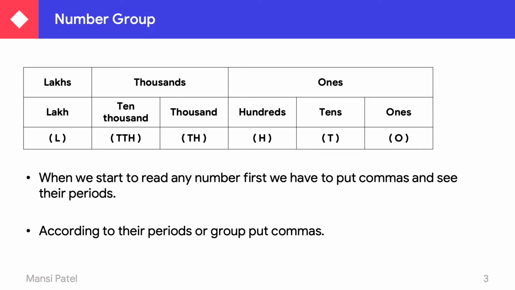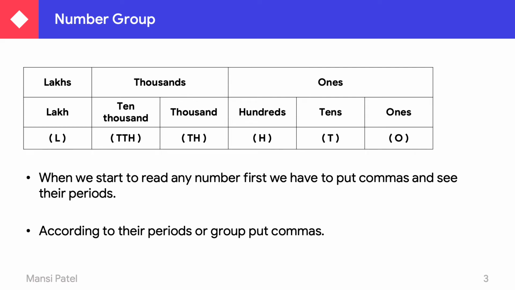So you can see here the three different groups: first one of lakh, second one of 1,000 and the third one of ones. When we are moving from ones to tens to hundreds, and then from hundreds to 1,000, at that time our group is changed. So before the thousands place we have to put a comma. So we can say from the right hand side, you have to leave 3 digits and put a comma. Why are we putting the comma? Because the group changes.